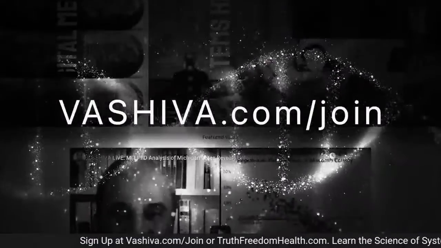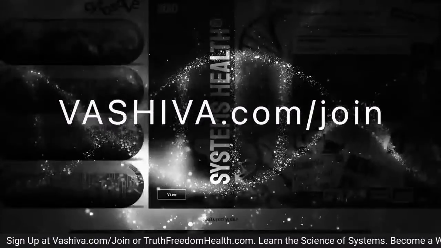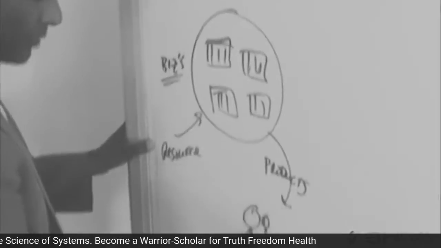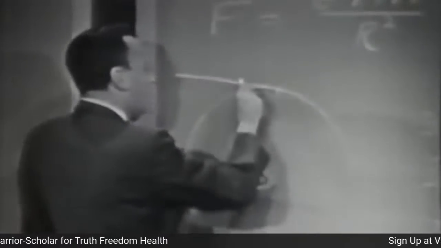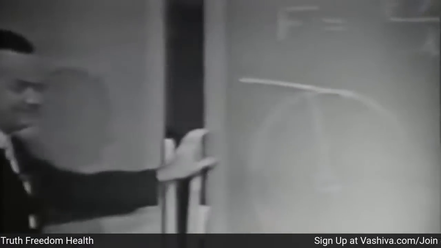So these 4 concepts I've built into a curriculum. People can go to vashiva.com. And it's an educational program. We need to train people in political theory. You need to have physics. And I've created that curriculum. People need to get educated. We need to get educated fast. And within a half an hour, I can teach people 2 years of MIT control systems. I teach people those concepts. Then I apply it. Anyone can understand it.